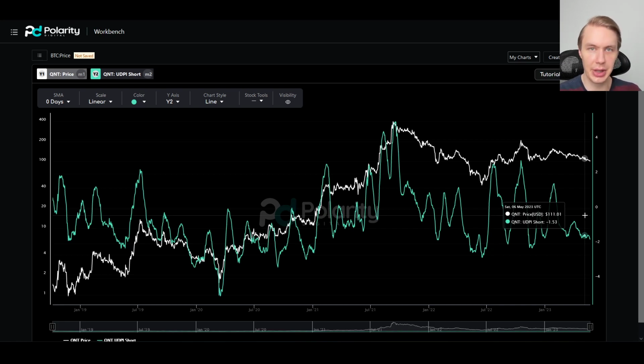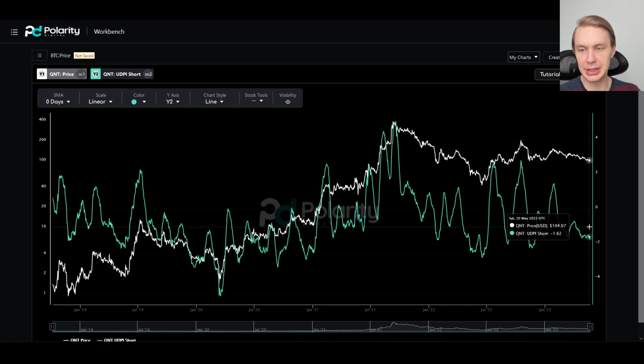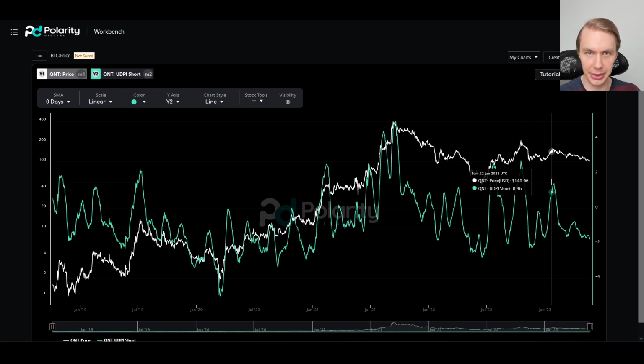But I don't think Quant's going to do that by its own. I think we're going to need Bitcoin and some other assets to put in a move before we might start seeing altcoins start to catch up as well. But for now, the way that I'm looking at this is that the conditions are there for that to happen, but we need to see that impulse first before we get too excited. I think that this is kind of one of those situations where the conditions can be there, but if the impulse never comes, those conditions don't have to be realized. But if we see that impulse, we could see a pretty decent move to the upside. And certainly, you'd be more optimistic with the short-term UDPI being down here for a decent move to the upside than it being up somewhere like here.